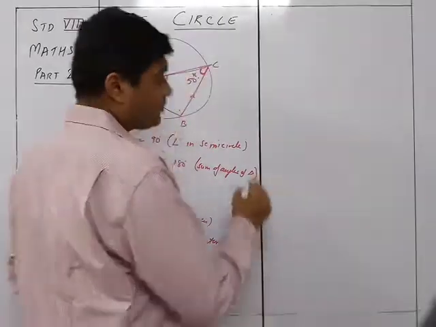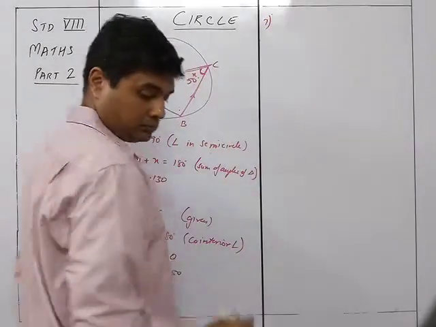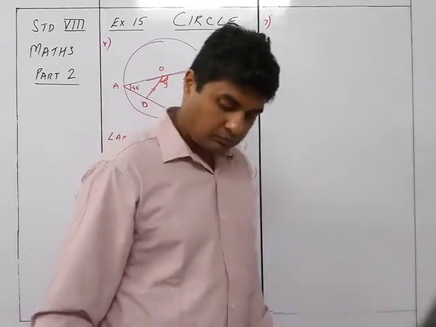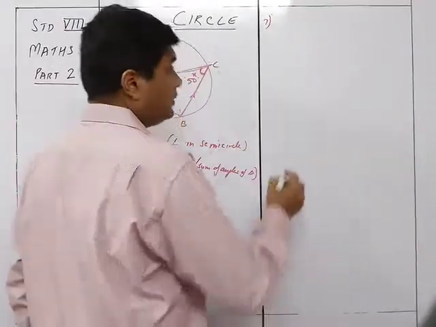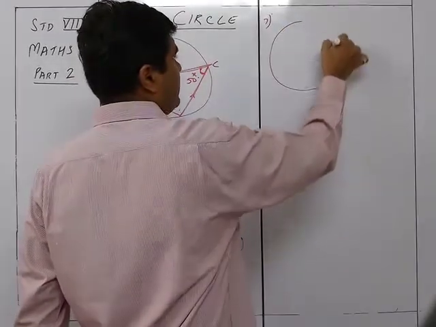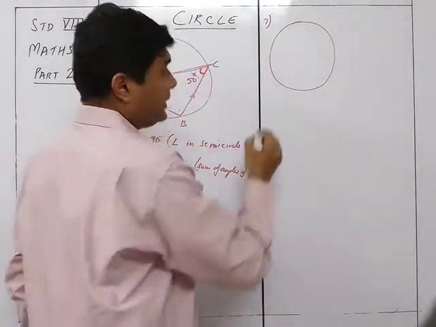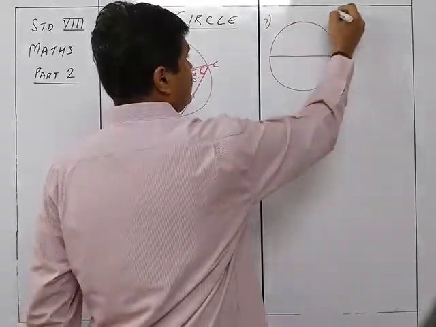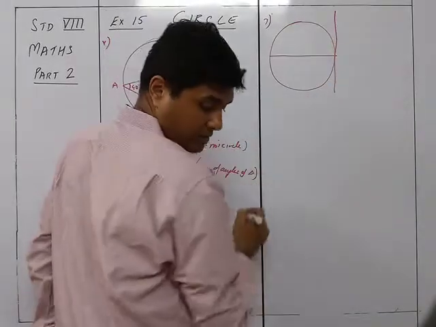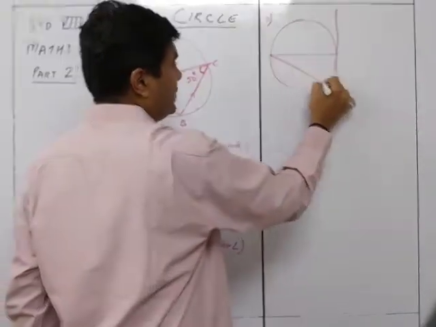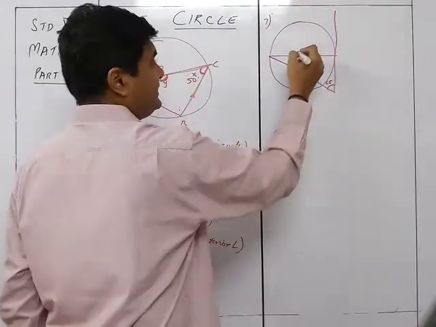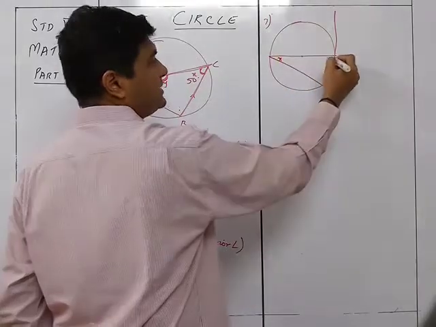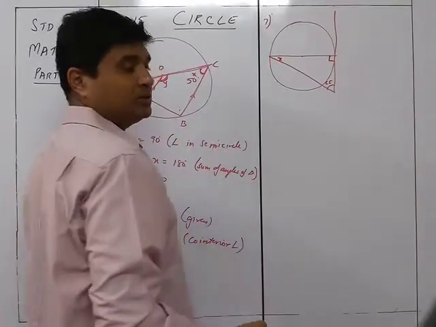Sum number 7. So we got this circle. Now we have got about the tangents. So it's like this. There is a tangent here, and which is having an angle over here which is 65. So very simple again. This is x. So this is 90 degrees because of the property.